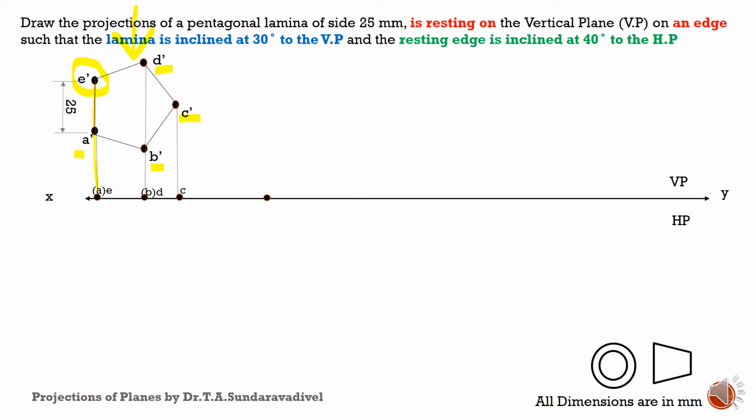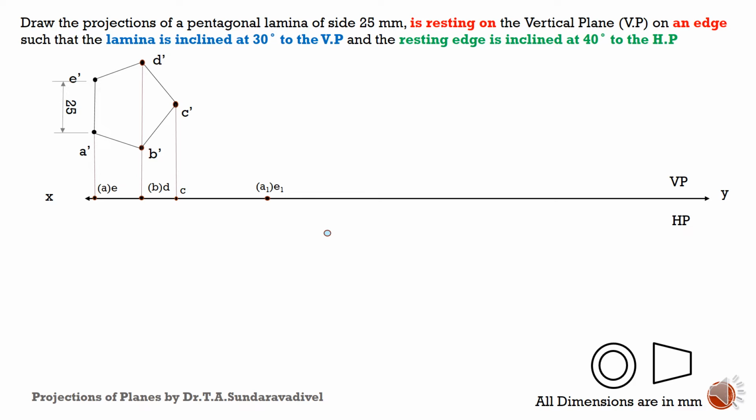Now I am going to solve for the surface inclination. So now the surface is having 0 inclination with VP. The space above the XY line is VP, that we know. So see the surface, AC is the surface of the lamina. AC is having 0 inclination with VP. Now I am going to tilt it for the given 30 degrees to VP. So I am taking a point arbitrarily, leaving some space, keeping the protractor, taking 30 degrees and drawing a line.